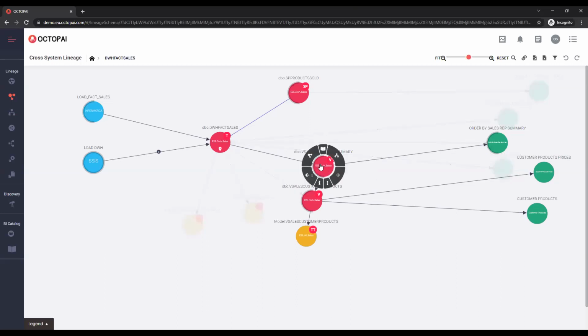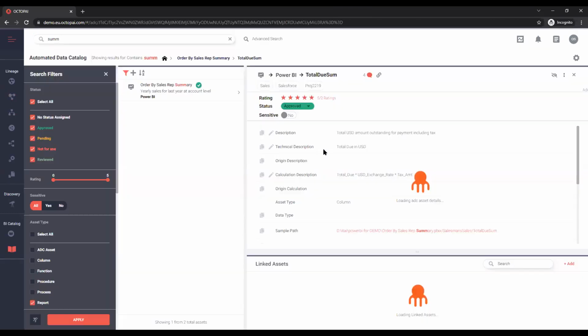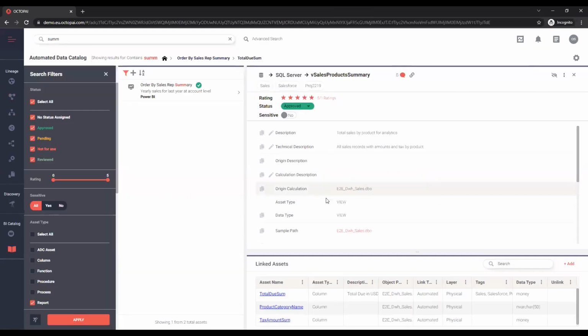If I click on this view, I can say, hey, let me see what the definitions are for this view. That's easy. Click on it, click on the ADC View Automated Data Catalog. And now we're looking at all the different definitions for this view in SQL Server. And so it's easy to see how all the different types of users collaborate in this one space that answers all these different types of needs, whether they be more technical or more business oriented.